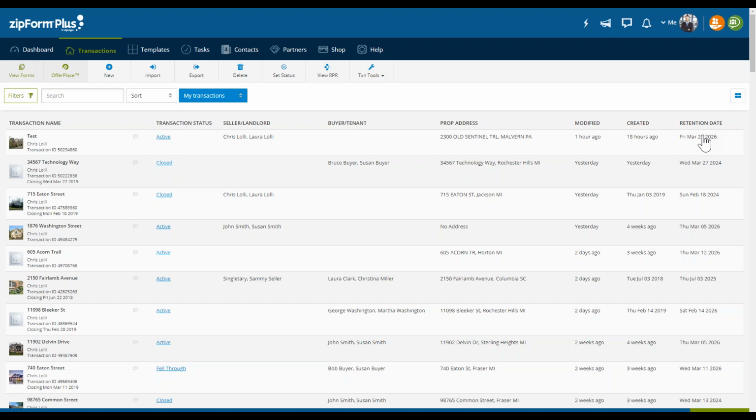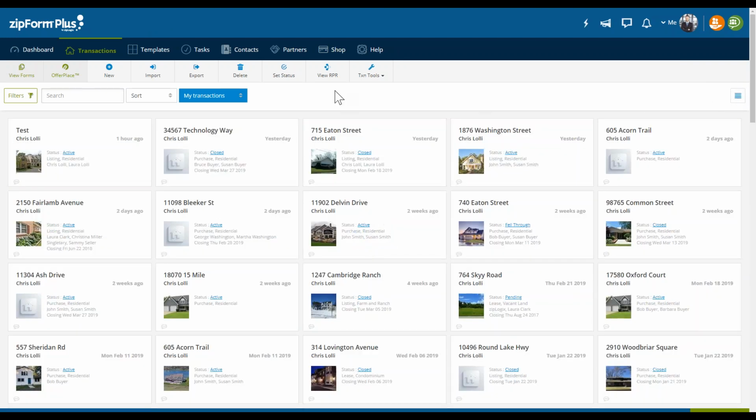So Zip Vault, you can see this live in action. It tells me that this particular transaction, albeit this is a test transaction, is going to be removed from my account on March 27th of 2026. Okay, so that just at a glance, you get to see how long your data gets stored within the cloud, which would be ZipForm Plus in this particular case. Okay, I'm going to switch back to grid view for a quick moment.